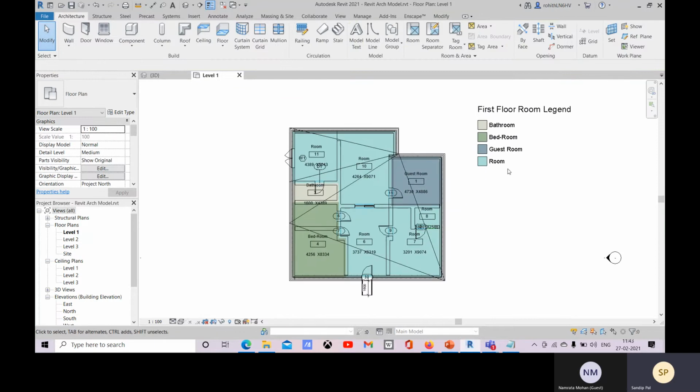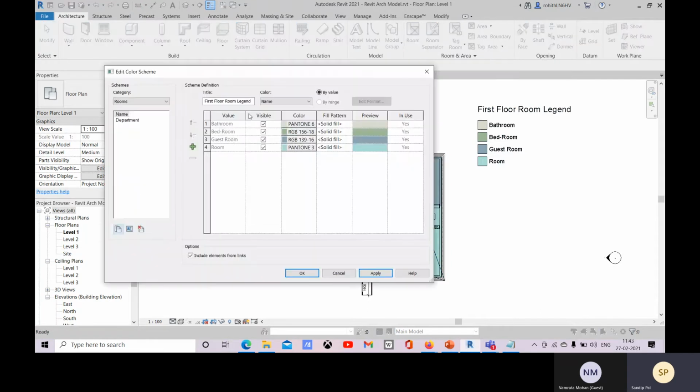Suppose you know that these rooms will be added further. So for that you can make them in this list, and when you apply it, you can see that it is in use. So you will be storing all of these, and after that you can apply this color scheme in your legend.